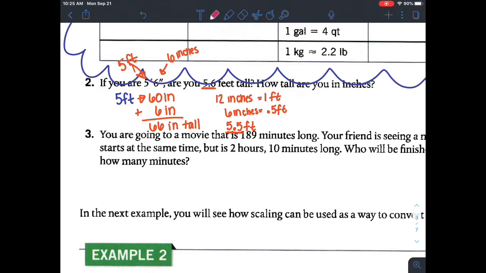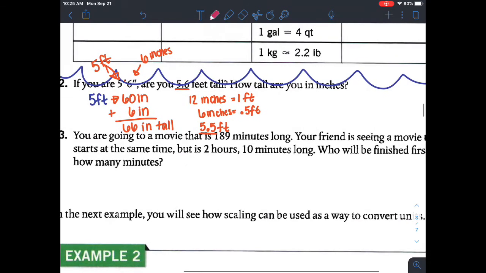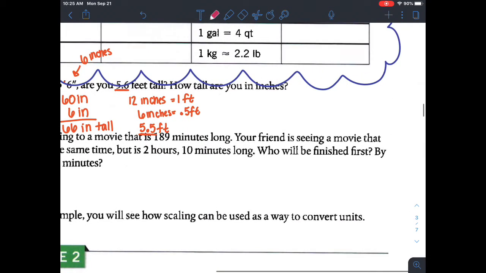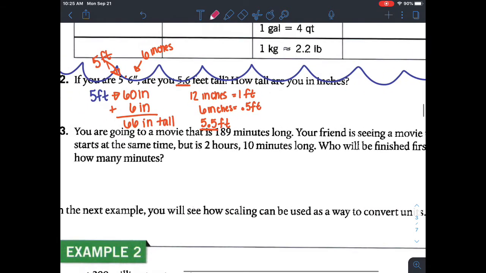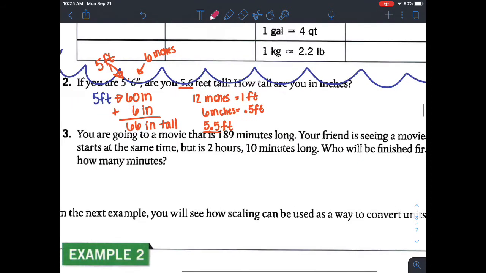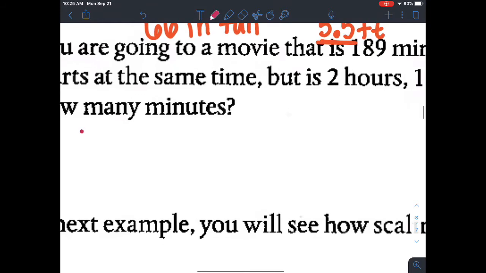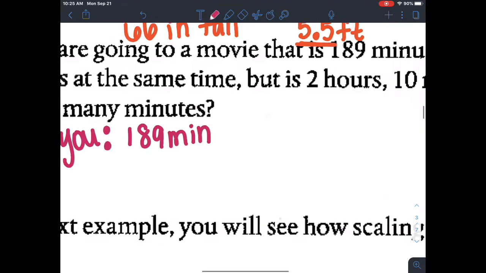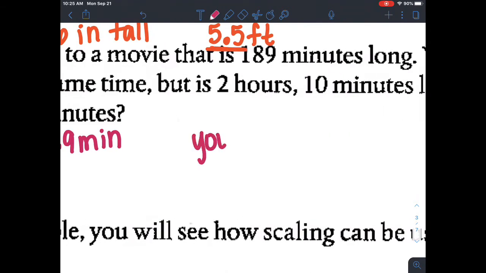If you are going to a movie that is 189 minutes long, your friend is seeing a movie that starts at the same time but is 2 hours and 10 minutes long. Who will be finished first and by how many minutes? So your movie that you want to see is 189 minutes, and your friend,